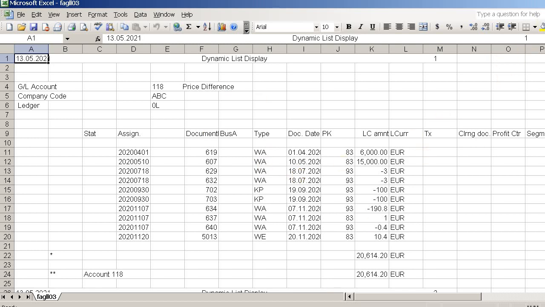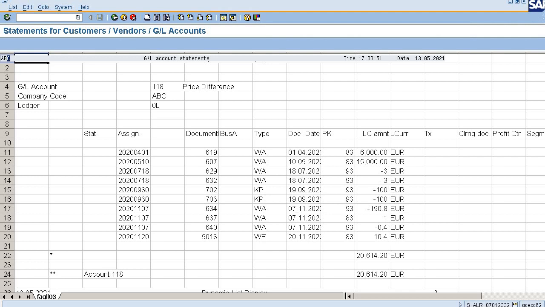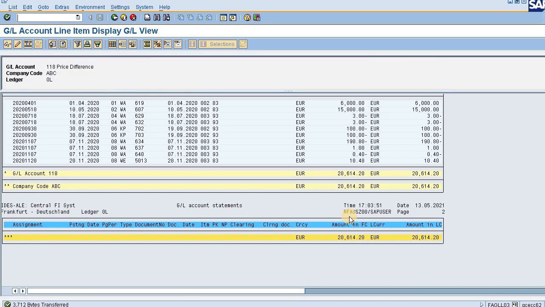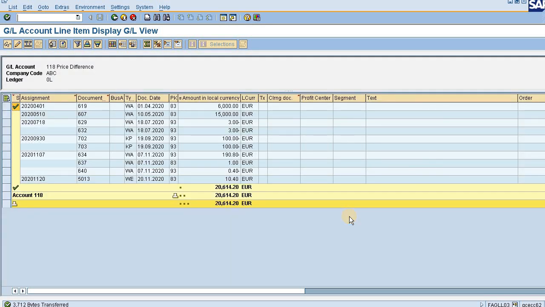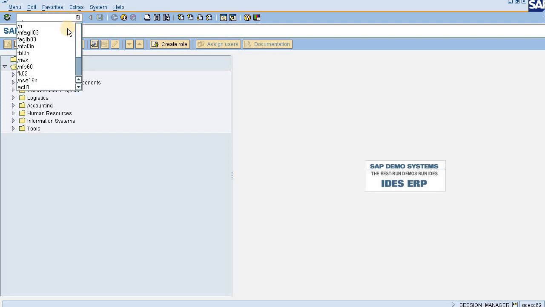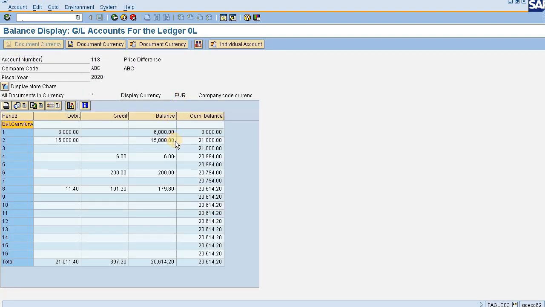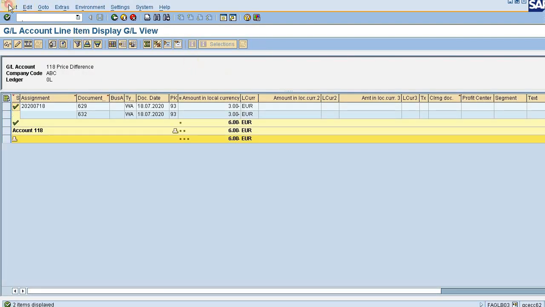So the report that we are able to see in SAP is not only limited to SAP, but we can also export the report to our local system, so that even if our SAP doesn't work, even if we are not logged into SAP, we can still check the reports if we export them to our local system. Then again I am going to another T code which I used earlier, that is FAGL_B03. I am just opening up this report. This one also can be exported.